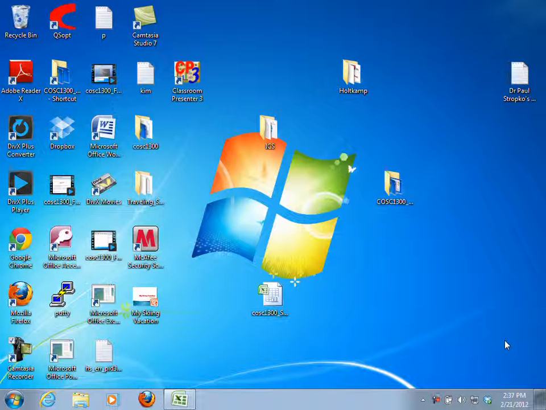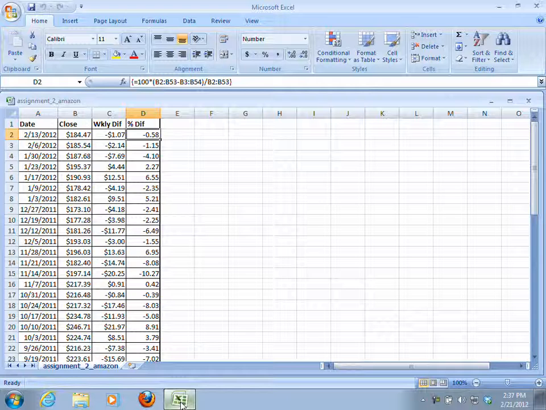Okay, so last time I was talking about Excel, and particularly with regard to our assignment number 2. And so I had done this much of the Excel. And this was the Amazon, right? And so I had gotten the weekly closing price of Amazon